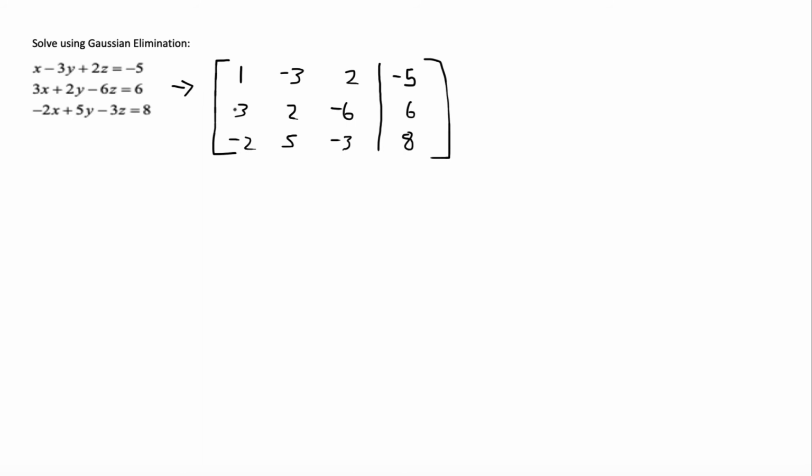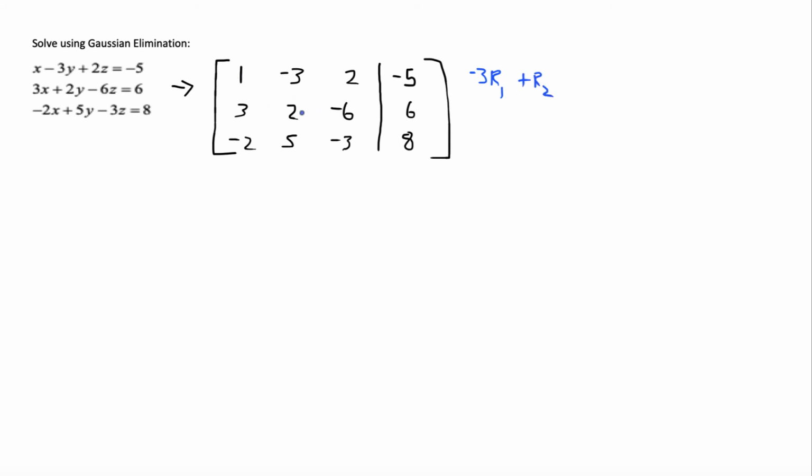Now you notice that here we have a 1 in the first row, first column. That's always good. So then the next thing we want to have happen is we want to get zeros down here. But we have to use row operations. We have to use this first row and use the row operations to get a 0 in this entry and a 0 in this entry. Since this is a 3, if we multiply row 1 by -3 and add that to row 2,